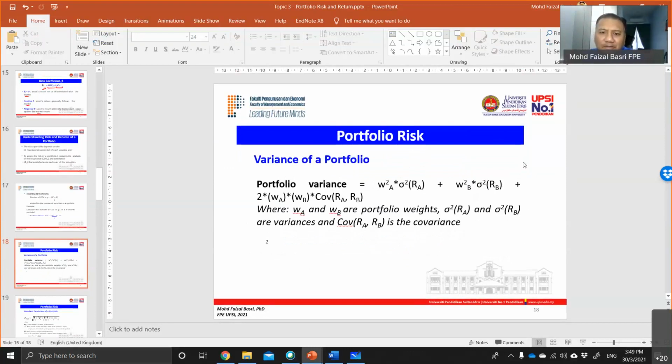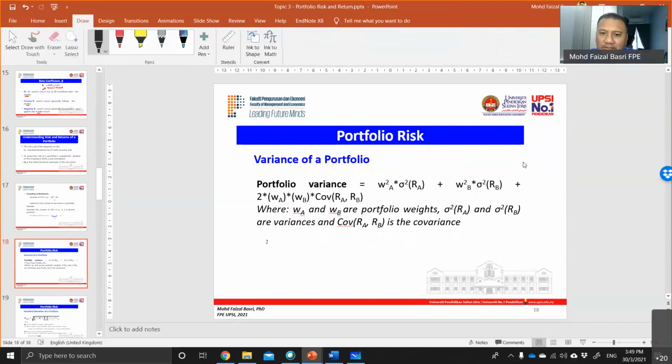And this is where I said I usually split into 3 sections. Can I put the bracket here? Okay, we have 3 parts. Okay, let's go one part, one by one. So the first part is actually the weight of the first investment squared. For example, just now we have the first weight 40% again. So meaning it's 40% squared multiply with the